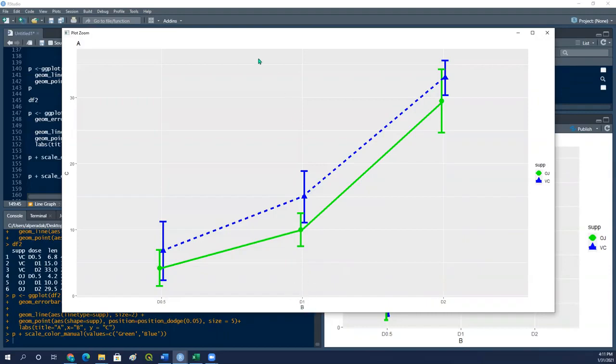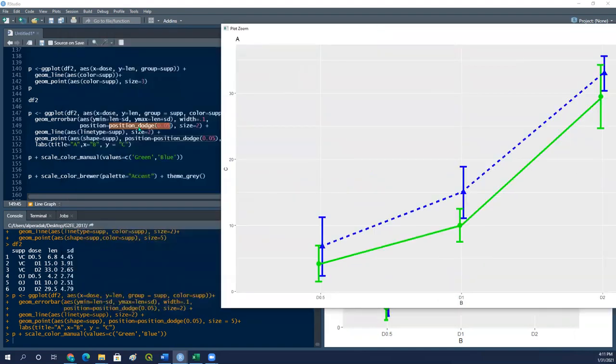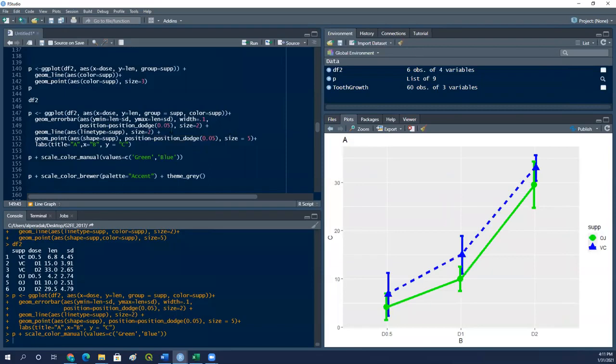So this is why we are using the position underscore dodge, and these have to be the same number, which is 0.05. For instance, if I change that to just 0, these are different. One of them is 0.05. And when we run that,